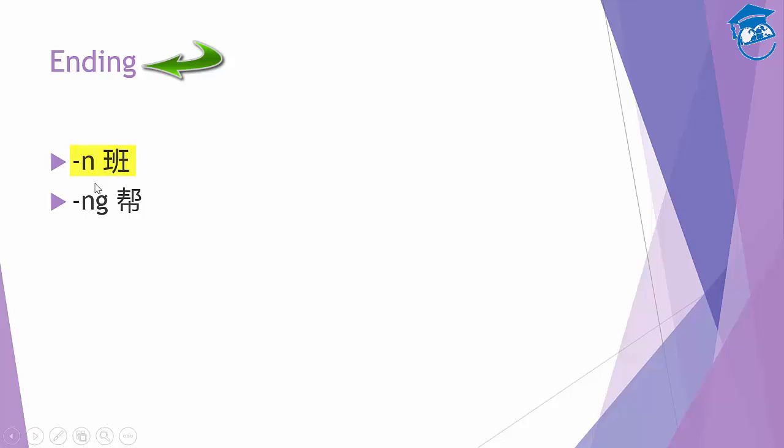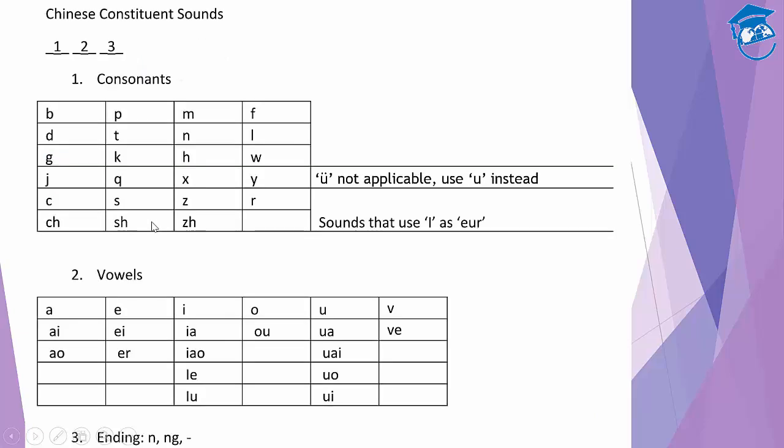Okay, and the next one is ng sound. And the example here is bang. So if you can notice, these two endings are quite different, though they have the similar component 1 and component 2. Ban, bang. Okay? And so this is a summary of all the Chinese constituent sounds, and I've written the